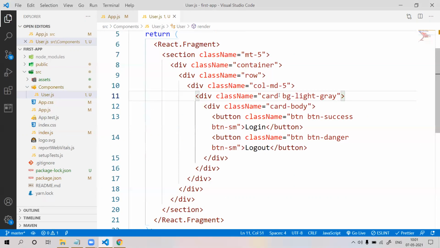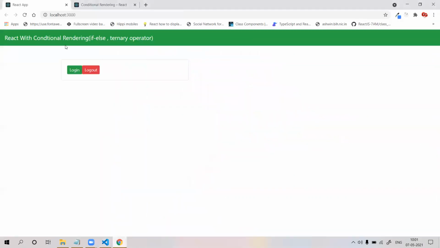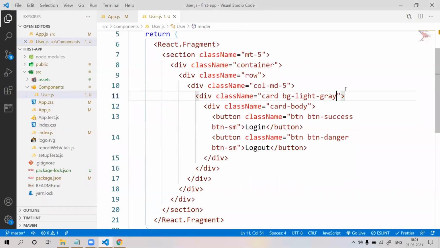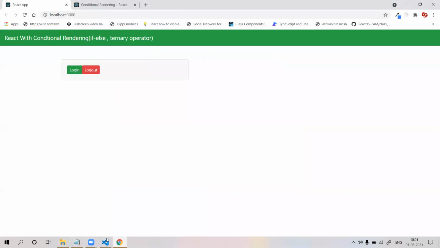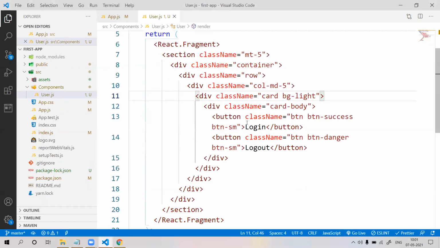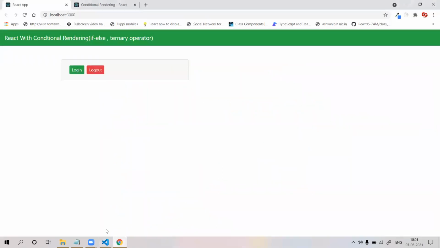Go to the column, paste it here. Now check it. Replace it. Not applying. Okay, leave it. I will apply something like bg-light and save it. Go to here. Yeah, now it is applying. Give it some margin here, because both, mx for some margin in the right direction. Yeah, now it will be good.